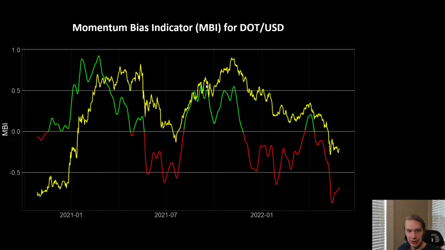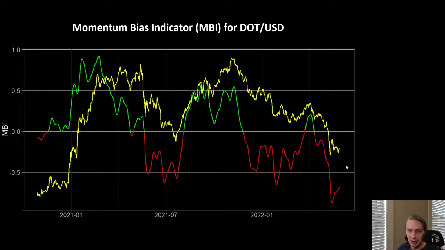But even within this, we see DOT displaying some of the hallmark behaviors that we see the MBI displaying on other assets that can tell us what part of the market cycle an asset is in. When you see the MBI spending a lot more time in the green than in the red, like up through here, that's very indicative of a bull market. And that's indeed what we saw throughout this whole run in early 21. Then we flipped back into the red, and spending a lot of time in the red is diagnostic of a bear market. Then we spent time down there until we were able to reverse up into another bull market and then down.